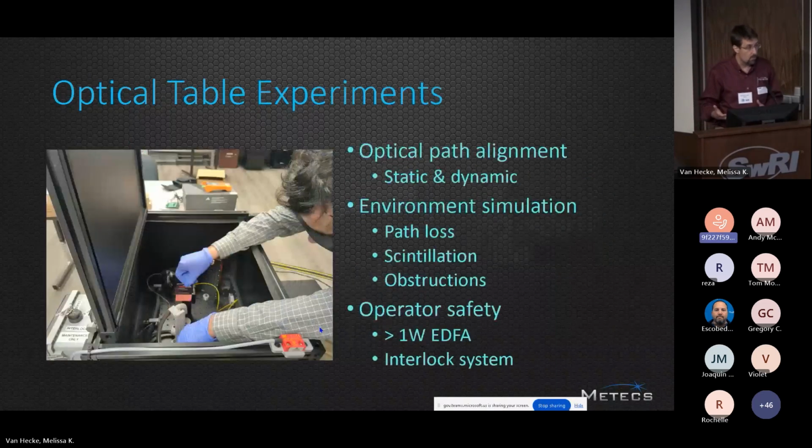So that leads us to what Medix has been doing, and we want to jump into this as well. This is a shot of Neil, one of our engineers, really smart guy, working inside of an optical table. And this is some of our phase 1 work where we're working on the hard problems with lasers.